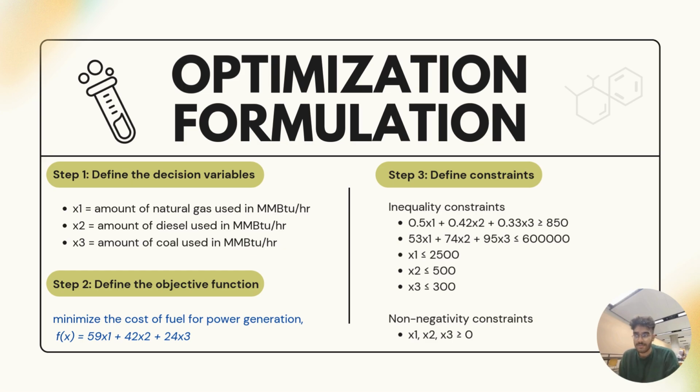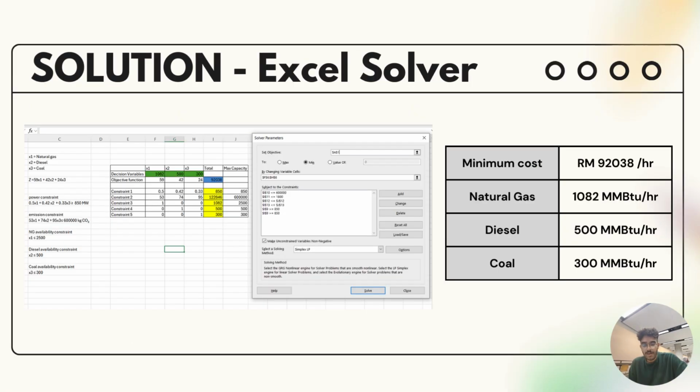The last step is defining the constraints, where the inequality constraints are associated with the fuel availability, power efficiency, and also emission factors of all three types of fuel, while the non-negativity constraints are x1, x2, x3 greater than or equal to 0. First of all, using Excel Solver, we can see the minimum cost calculated